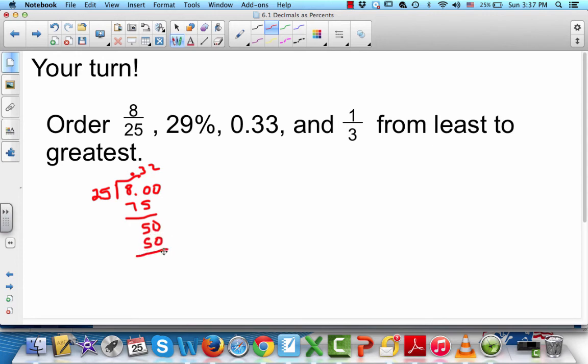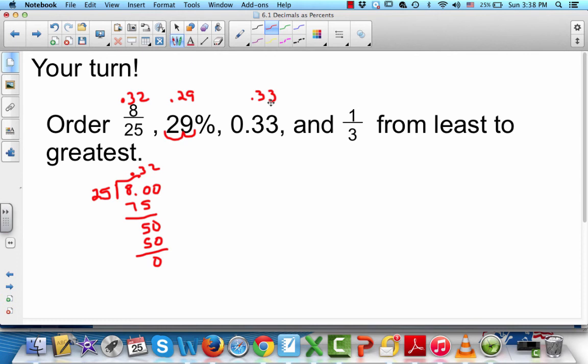And 2 times 25 is 50 with 0 left over, so that's 0.32. This, you move the decimal 1, 2 places to the left, and you get 0.29. Here you've got 0.33, and this is very tricky here because a lot of people, you know that 1/3